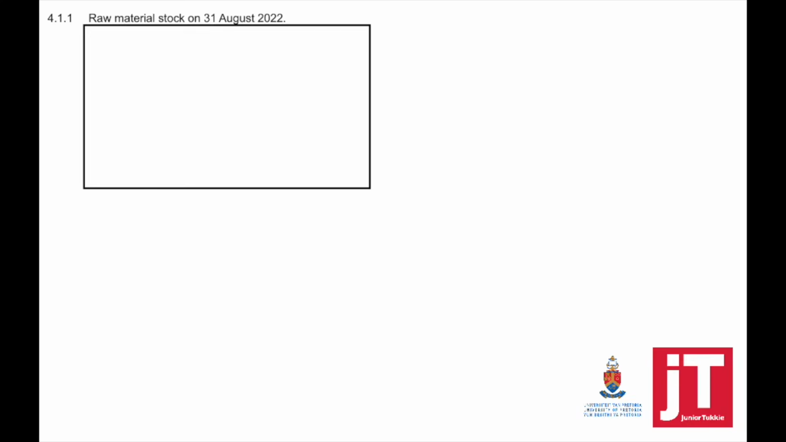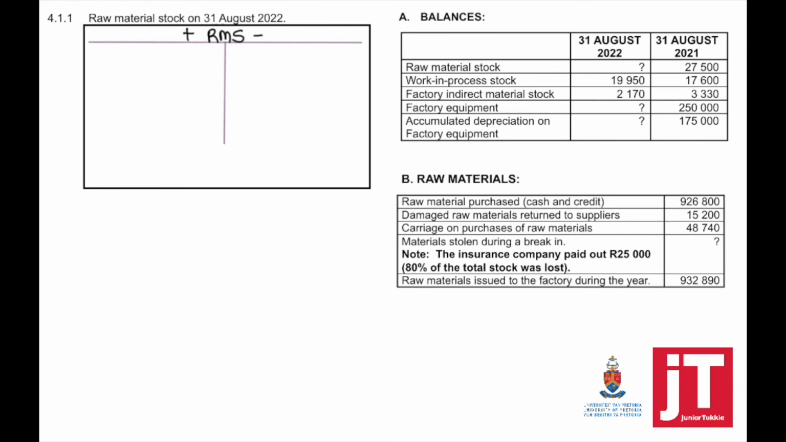So starting with question 4.1.1, the raw material stock on 31 August 2022. When it's asked in this way, just to calculate it, it's up to you how you want to show your calculations. If you want to do a T account, that is 100% correct. So I prefer doing a T account. So I'm going to open up the raw material stock account and I'm going to start with the opening balance, which was given to me,